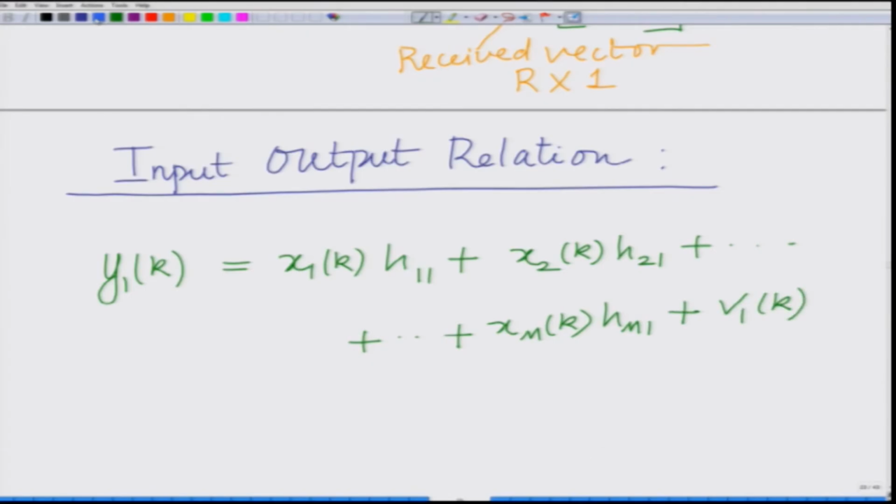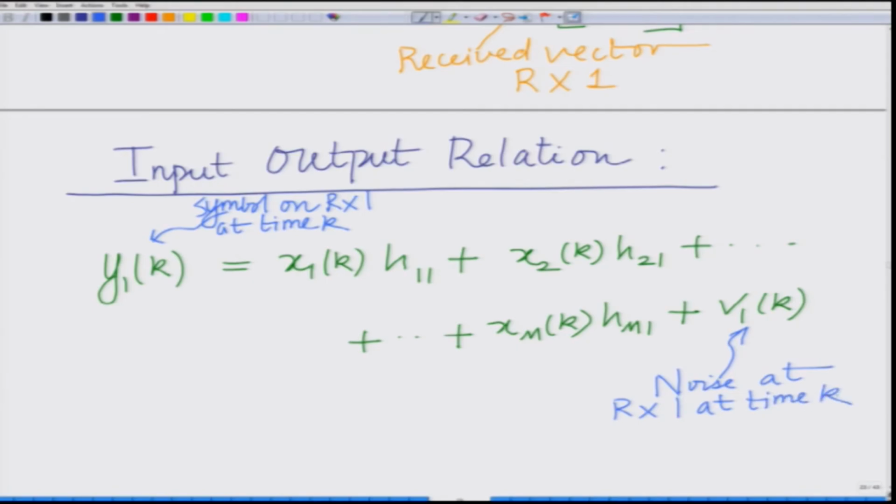And what is y1k? Y1k is the symbol on receive antenna 1 at time k, correct. What is v1k? V1k is the noise at receive antenna 1